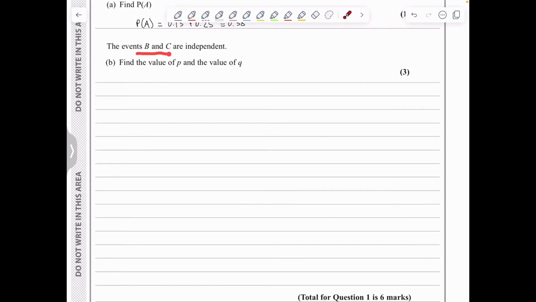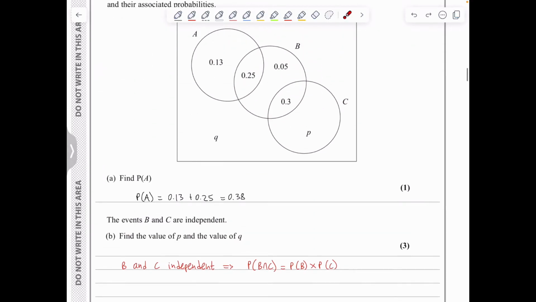We are then told that the events B and C are independent, and we need to determine the values of P and Q. Well, we know that if two events are independent, this simply means that the probability of their intersection is simply the product of their individual probabilities. So looking at the Venn diagram here, the probability of B intersection C is the 0.3. The probability of B is the sum of these three probabilities, and the probability of C is simply the 0.3